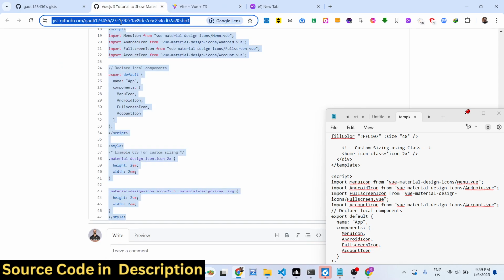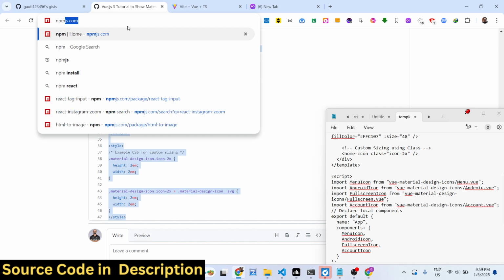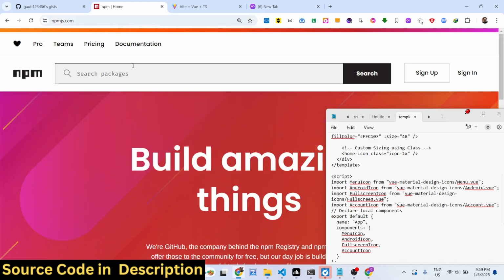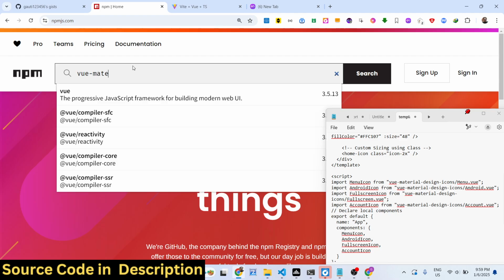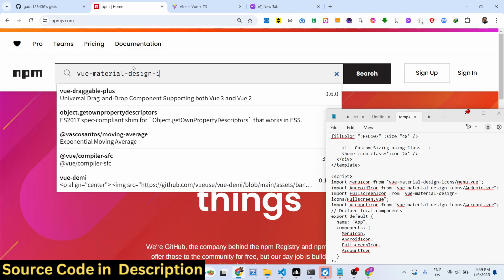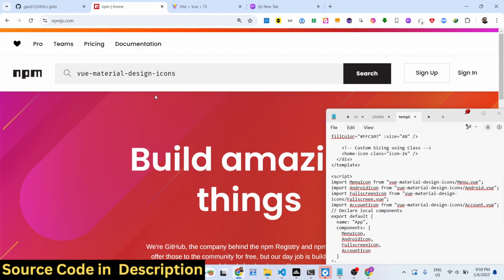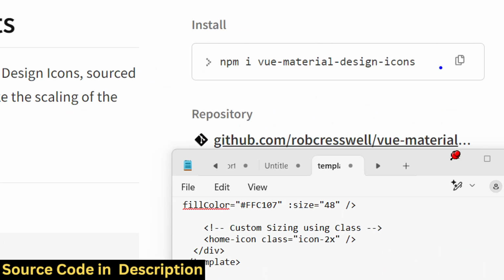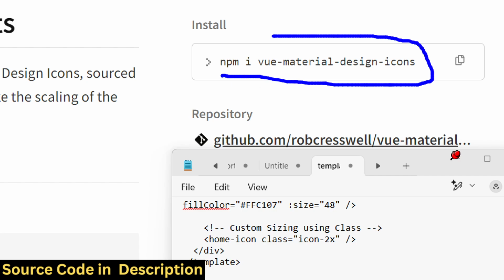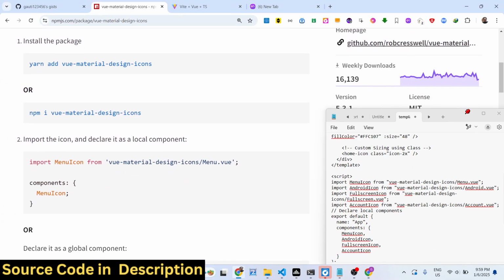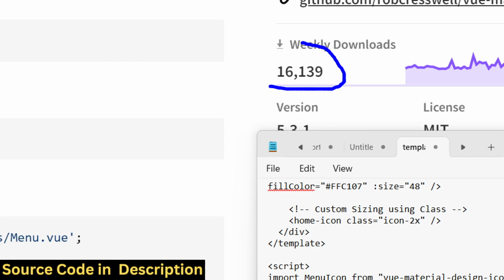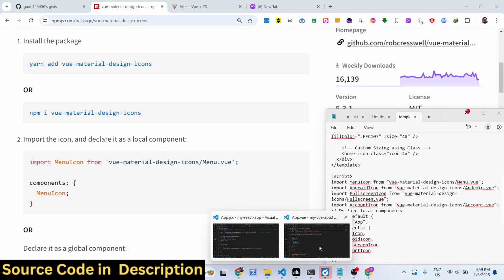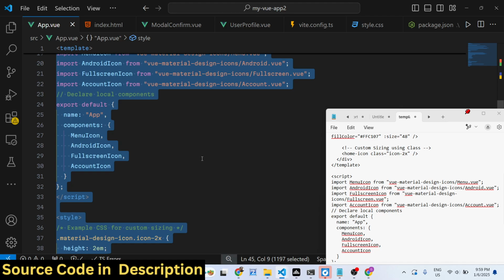So if you just go to npmjs.com and search for this package, which is Vue material design icons, this is actually the name of the package, and it's specifically designed for Vue 3. The command is very simple. I have already installed it, so this is actually the command, and it's having almost 17,000 weekly downloads. So now to use this, just inside your app.vue file,